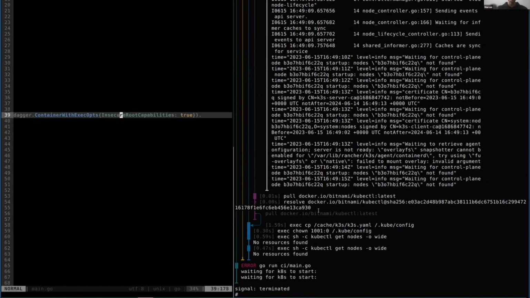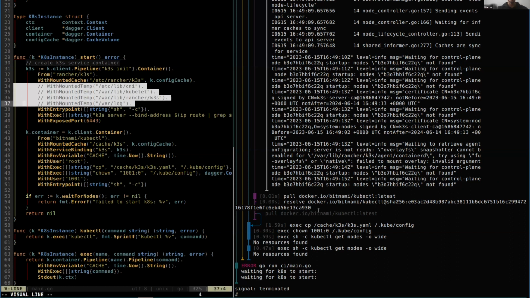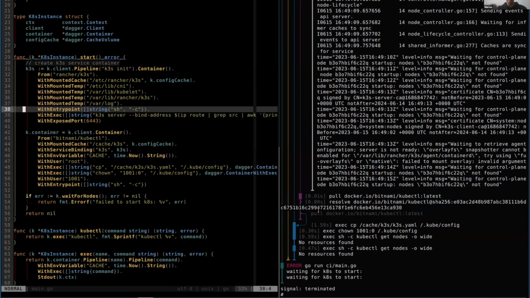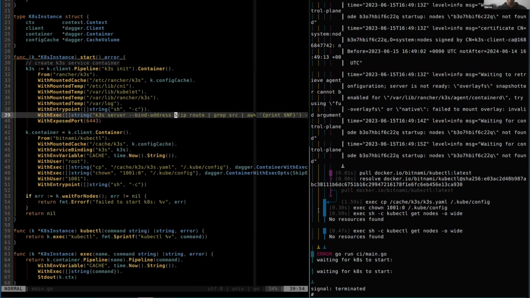So basically, once I mounted this here, I could bypass the issue of the overlay, and this works. The other aspect, which was a bit difficult to get to work, was the IP thing, right? And now we're going to do some network troubleshooting. If I remove this bind address here, and I start the K3s as it is, what's going to happen is that